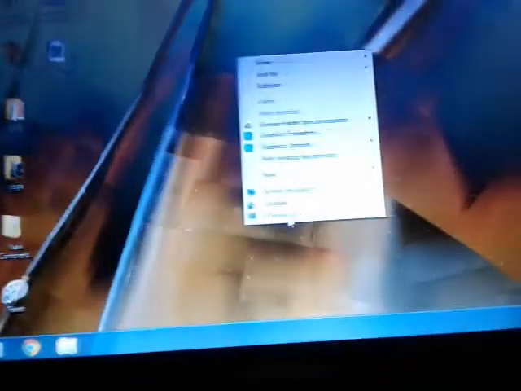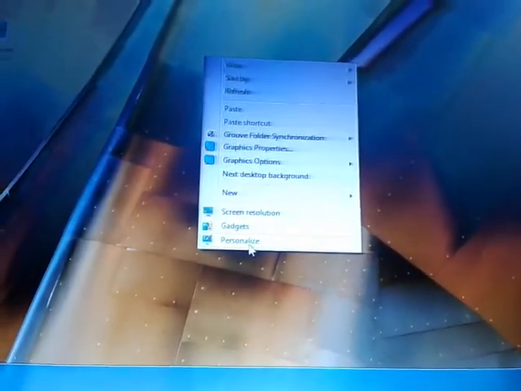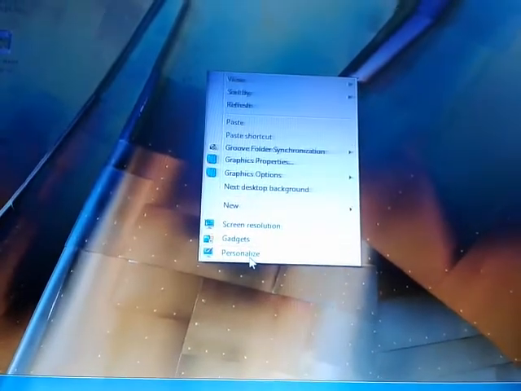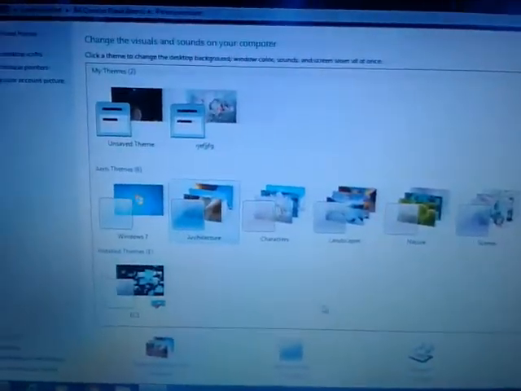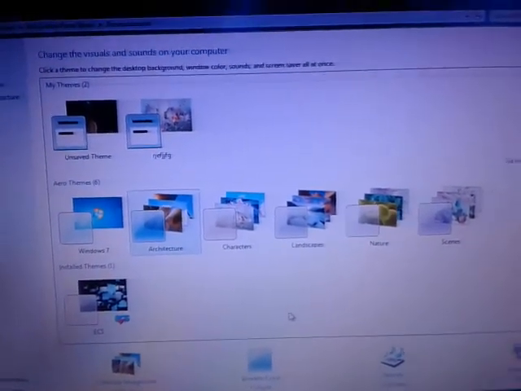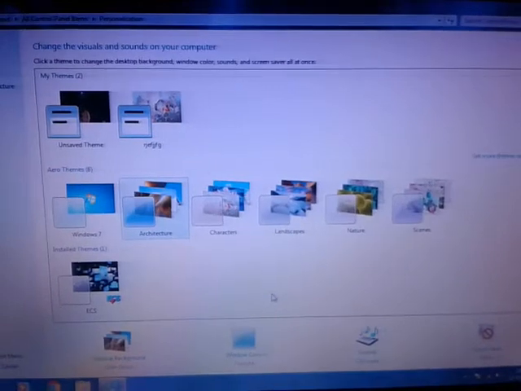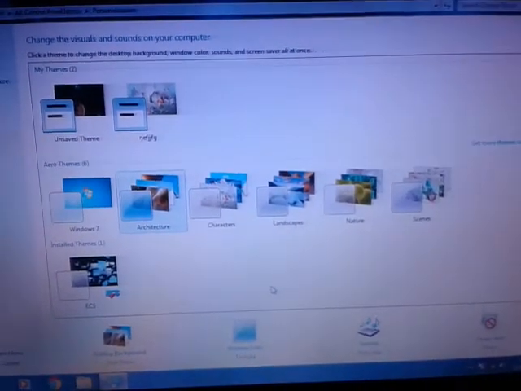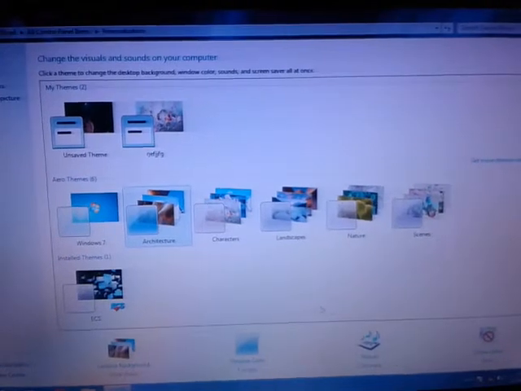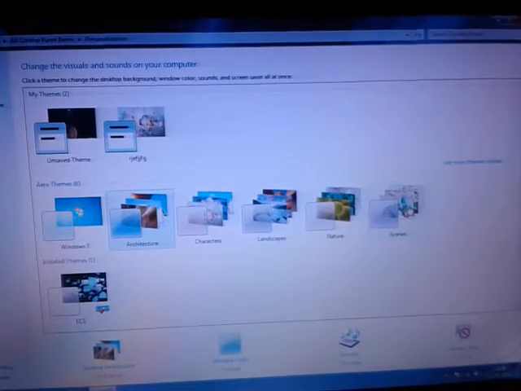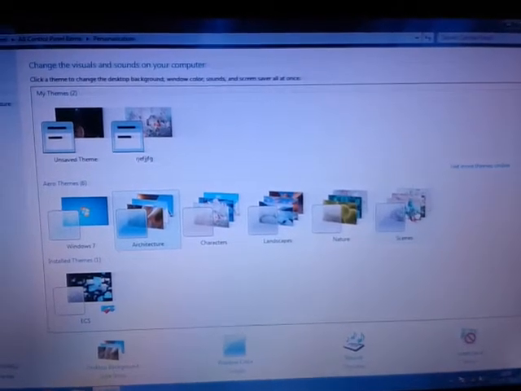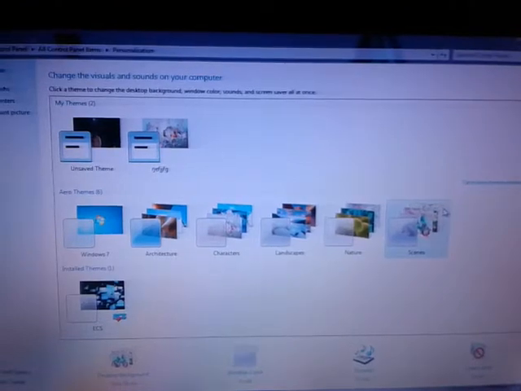I will try to focus. The last one is personalize, where the pointer is kept. I will left click on this, left click with the mouse. So in this window, several pictures are there. We can select pictures of our choice to be set as our wallpaper. So for example, let me set this one. I will left click on the mouse and the wallpaper is changed.